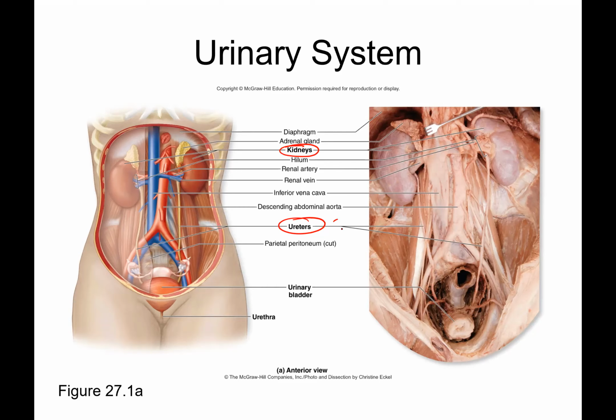Okay, you have two of those, two ureters, two kidneys. And then you have the urinary bladder, and then the urethra. Okay, so those will be some of the main parts we'll focus on